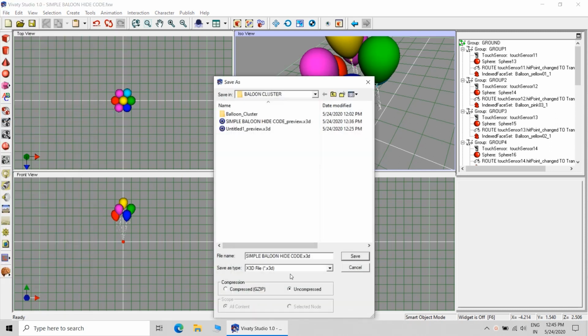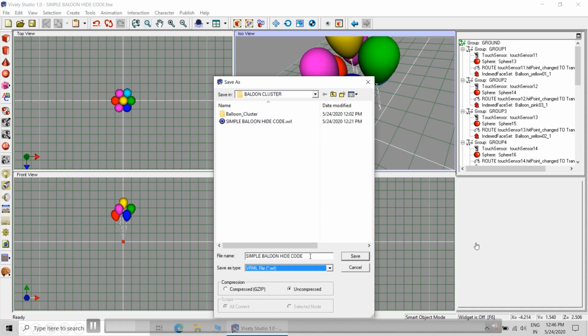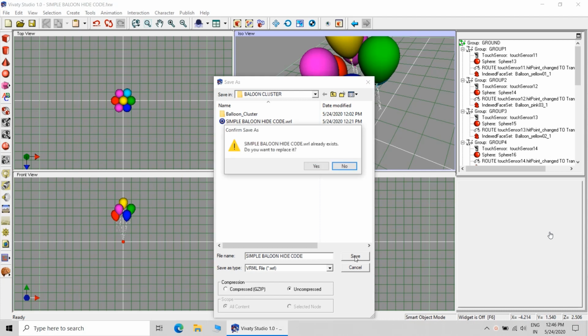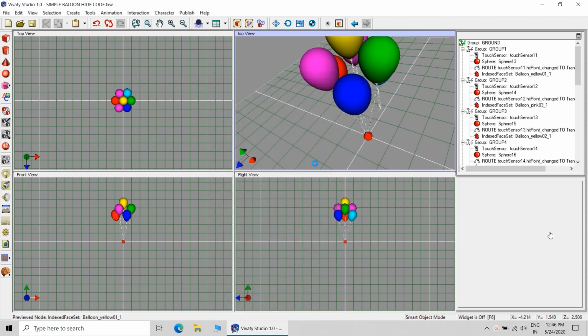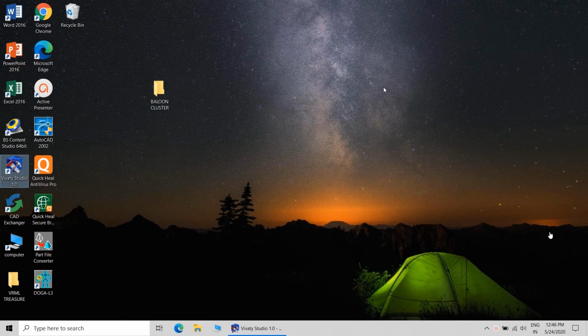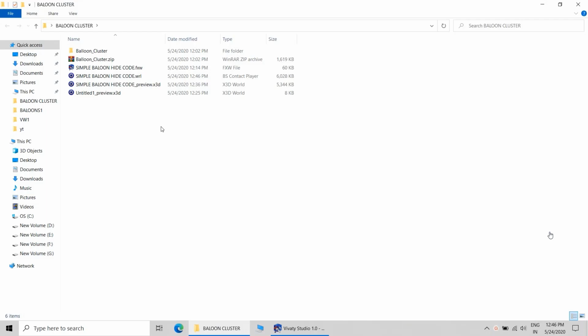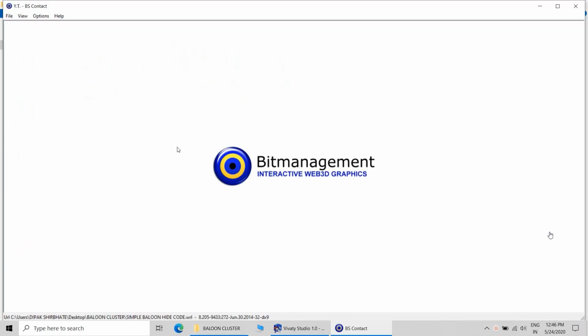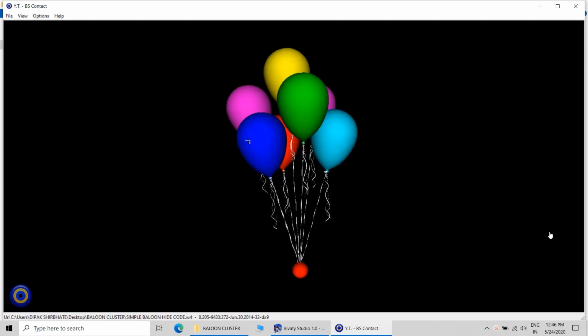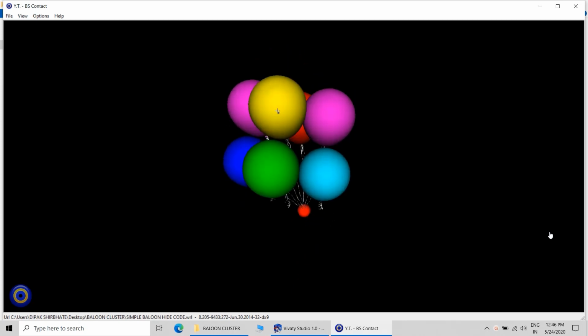Now we will export this particular file into VRML format. And let us view this file in the BS Contact player.